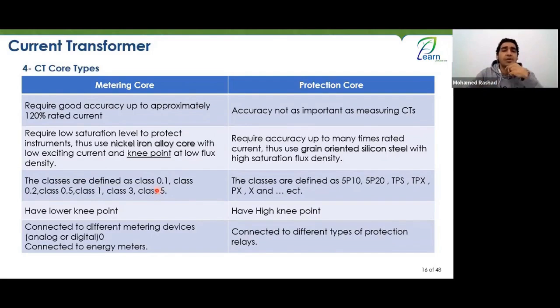So here in the metering core, there are classes 0.1, 0.2, 0.5, class 1, 3, 5, and the most common are 0.1, 0.2, 0.5. We will learn what these are, and we will read these 2 plates. Also, for the protection core, you have 5P10, 5P20, class TPS, TPX, class TPY. In my experience with PST, it's Bravo PST,